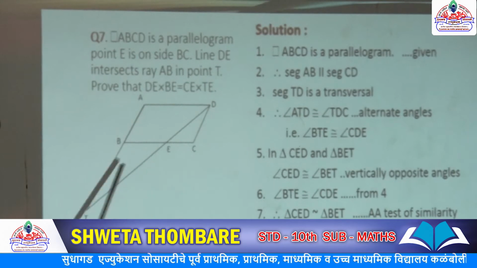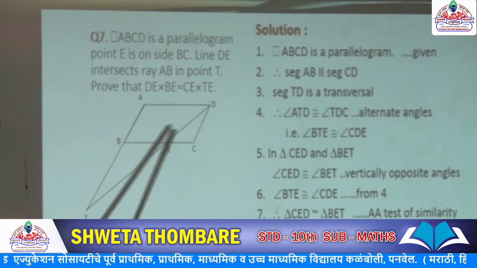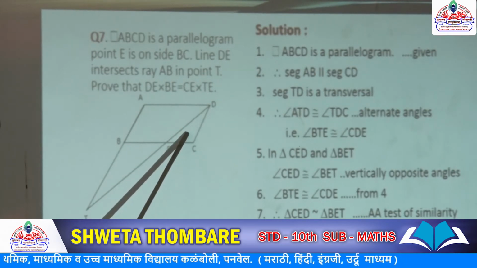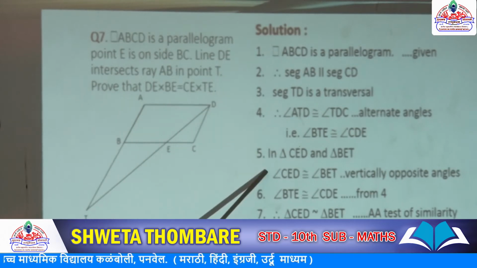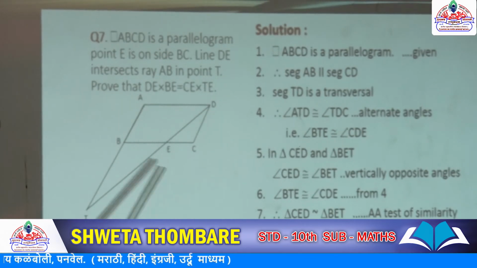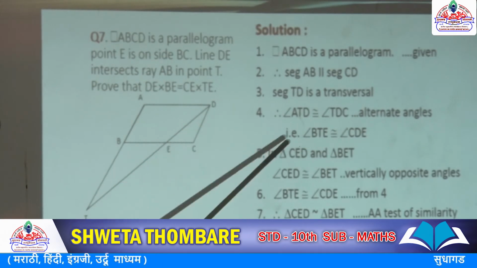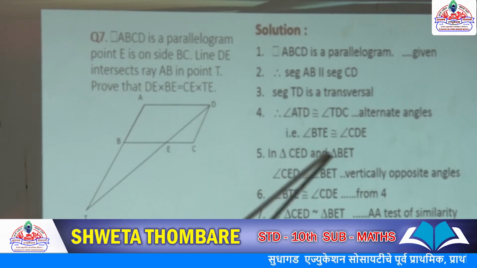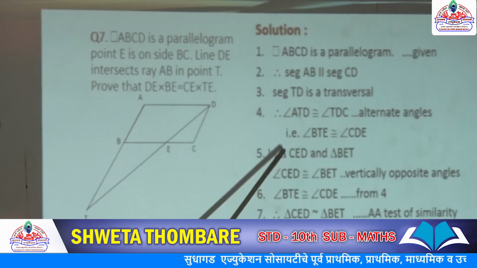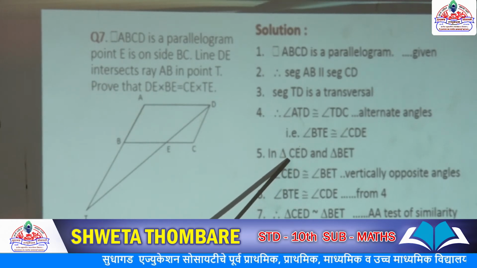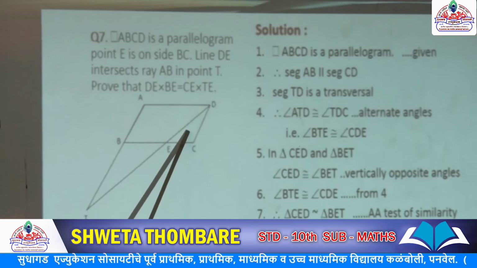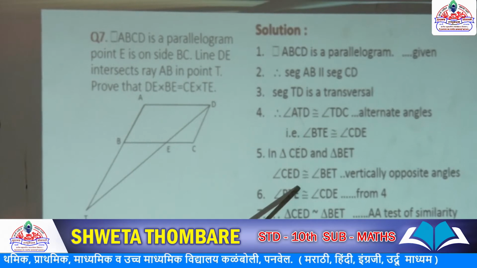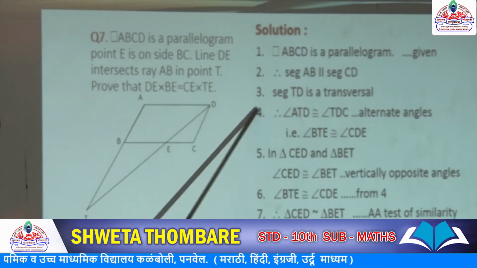Now here we know that to get this proof, we have to show these 2 triangles similar. So to show these 2 triangles similar, we have to prove that 2 pairs of angles are congruent, so that among them one we already have congruent to each other. So search for the second one, so we will consider these 2 triangles once again, because these 2 triangles we are going to prove similar. So here we focus on these 2 triangles, triangle CED and triangle BET. Okay, so one pair we already have in equation number 4.